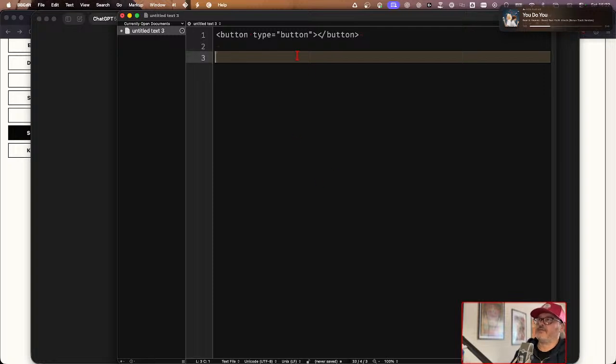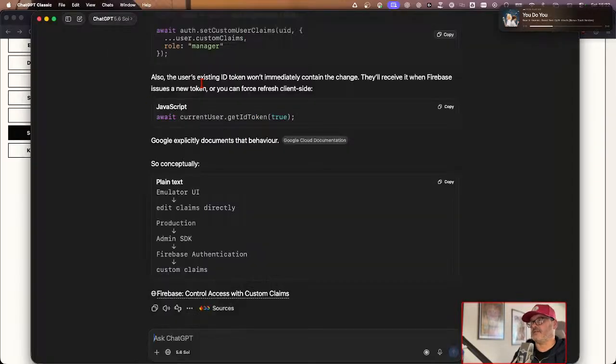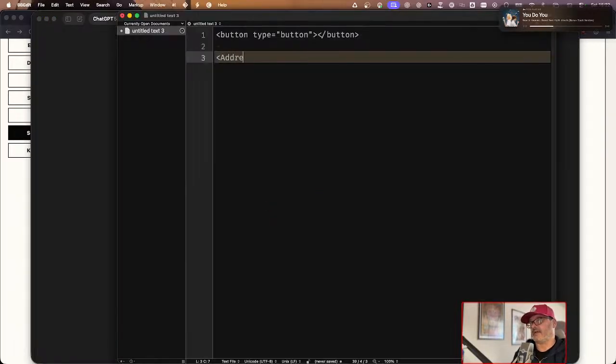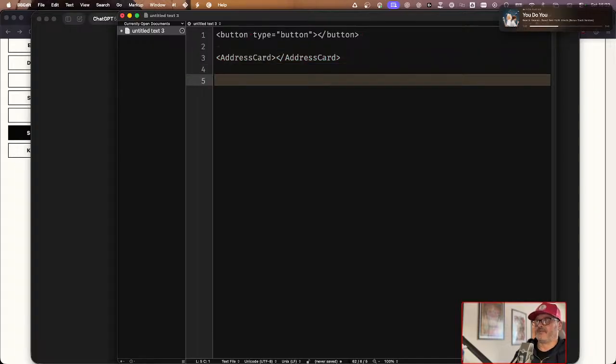So that's what you want to use where possible. If you have something that's extremely complex that needs its own template in Svelte, then it's going to be something like address card. I'm not even going to speculate on how Svelte manages that, because it's out of scope for this conversation. But if you have something that doesn't have its own Svelte template,